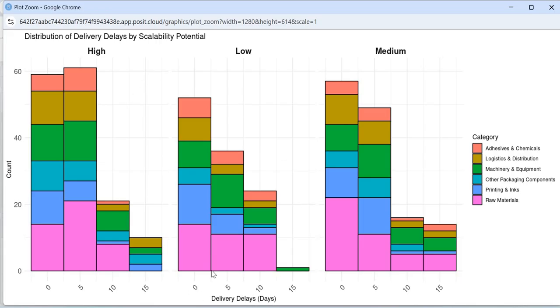These are the instances of delivery delays from 0 to 15. Okay, and then these different colors tell us which supplier category it is, and in the medium scalability potential, from 0 to maybe 1,